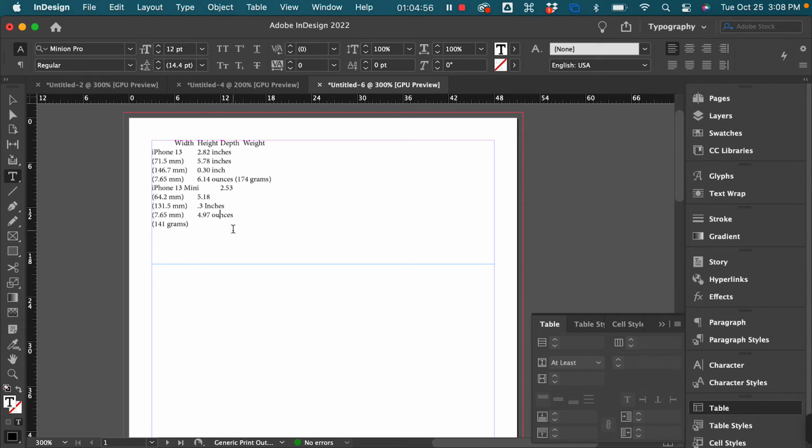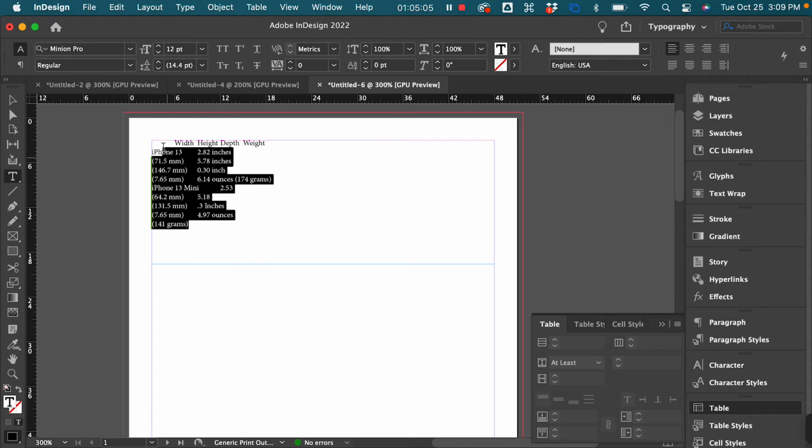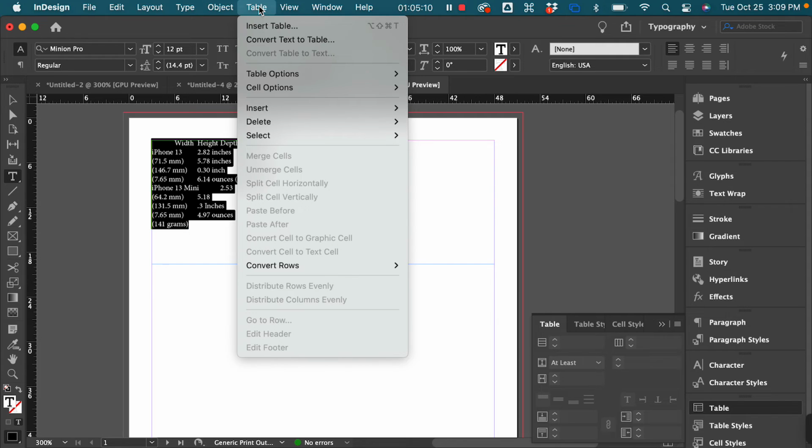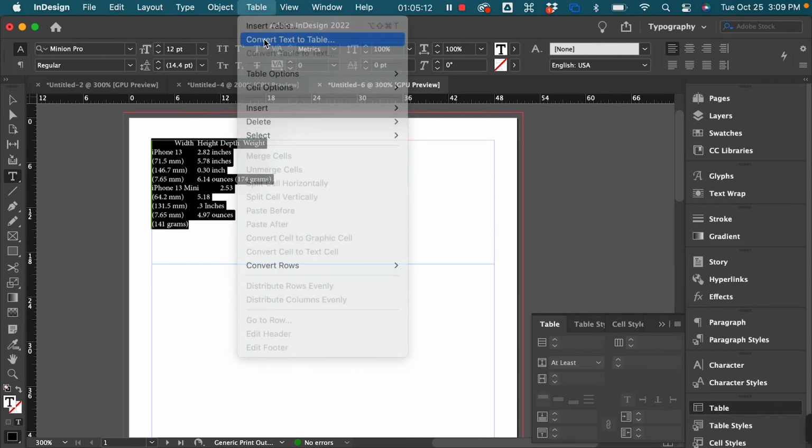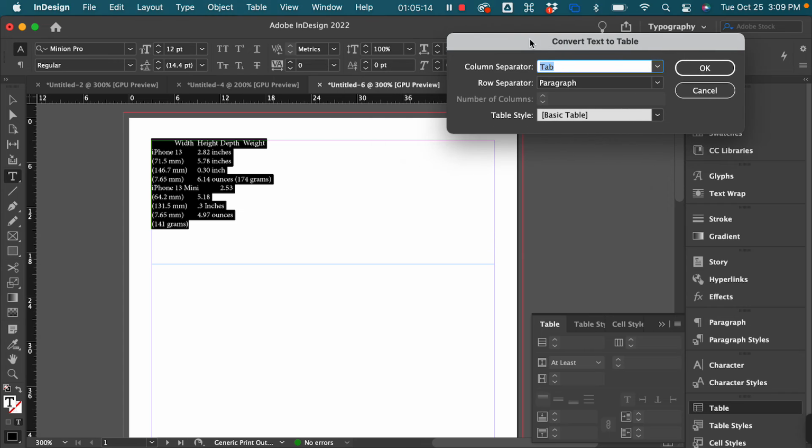Everybody have text in a table? Okay. So once you've got it, just highlight that text, go up to table, convert text to table. And by default, the column separator is the tab. The row separator is paragraph. Those are the two key things we need to know here. So if we say OK,